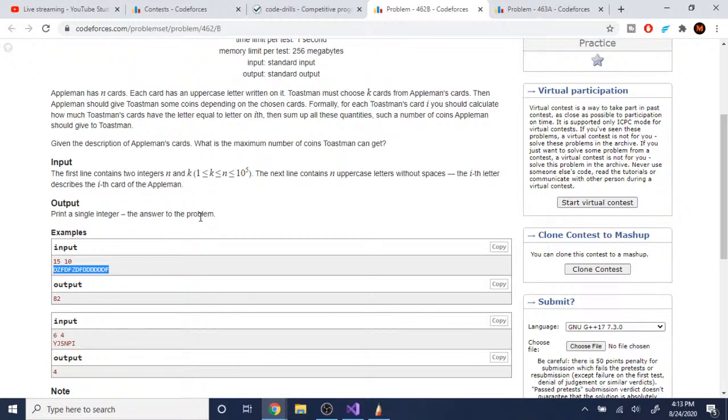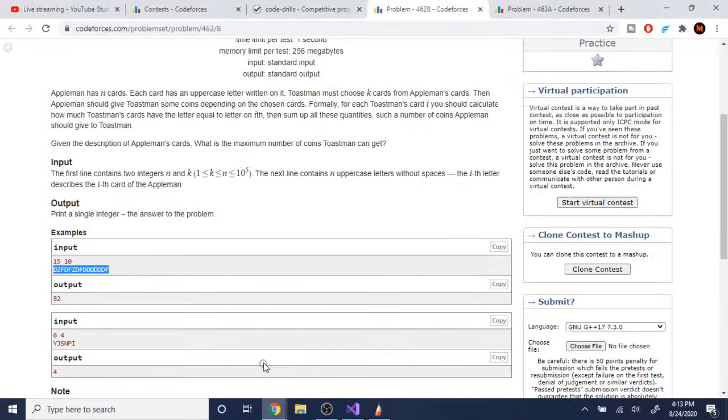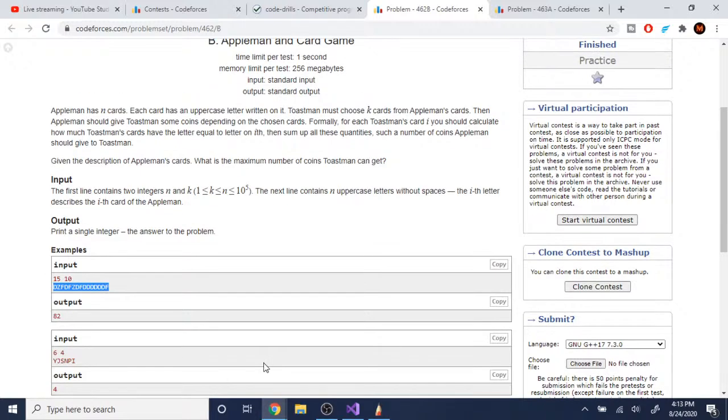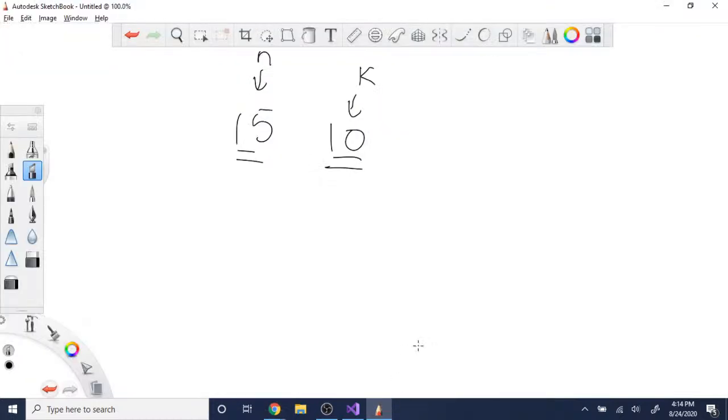Okay, so let's look at the example. We have 15, and we have 10. This is N. This is K. Need to choose 10 cards from this 15. We should calculate how many cards have the letter equal on the ith, then sum up those quantities. For each card I, you should calculate how many Toastman's cards have the letter equal to the letter on the ith. So each of the cards. So if I choose,